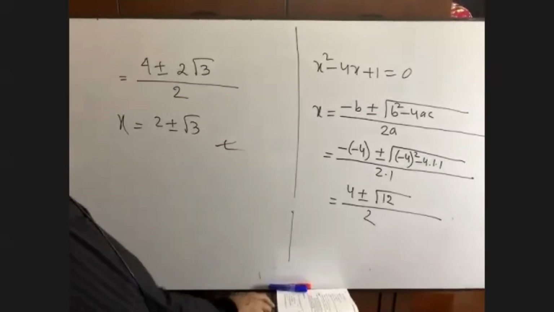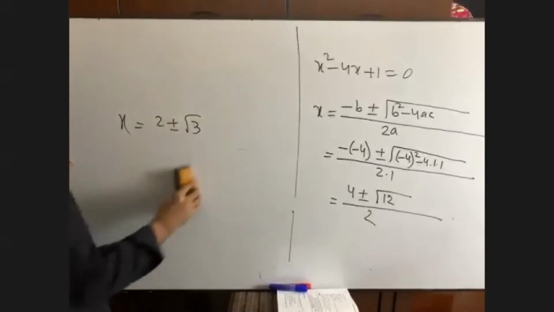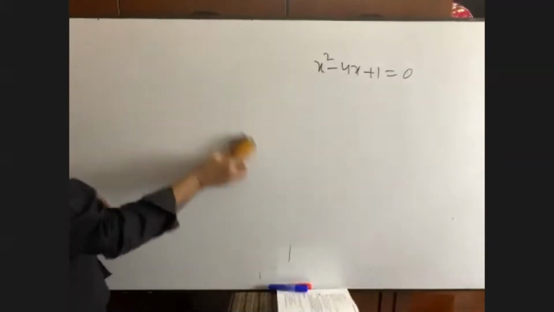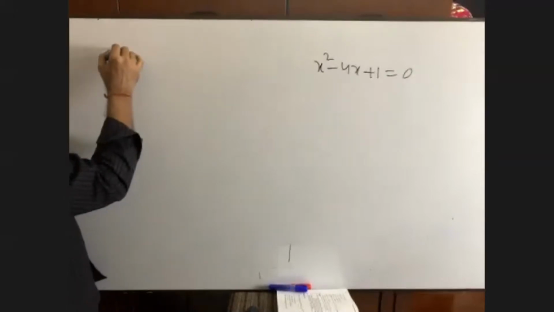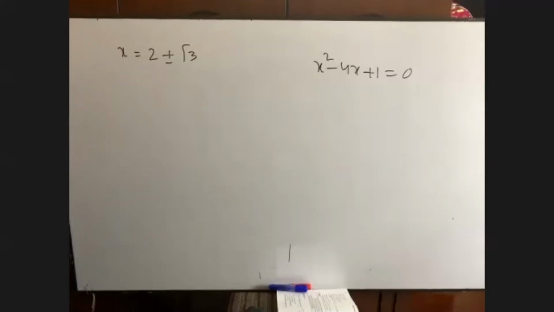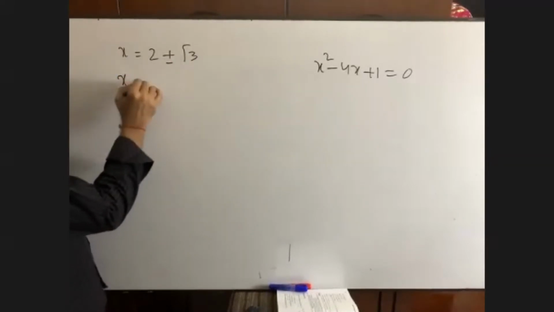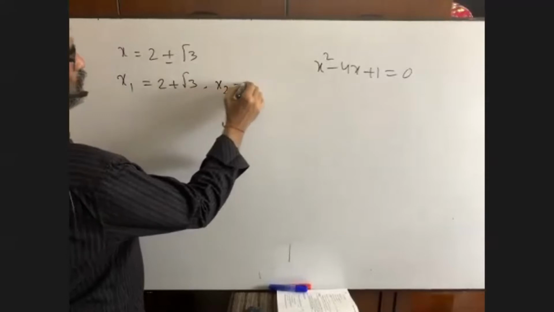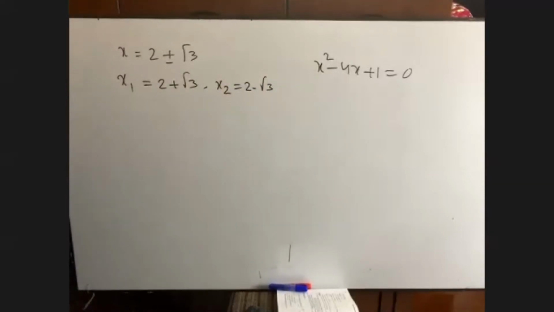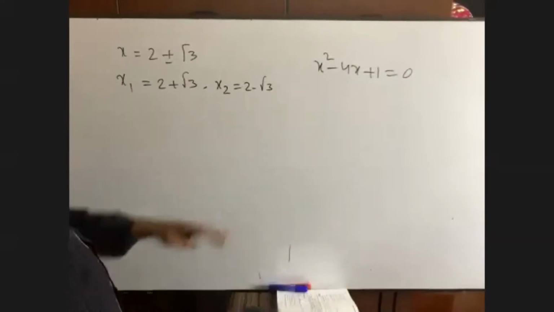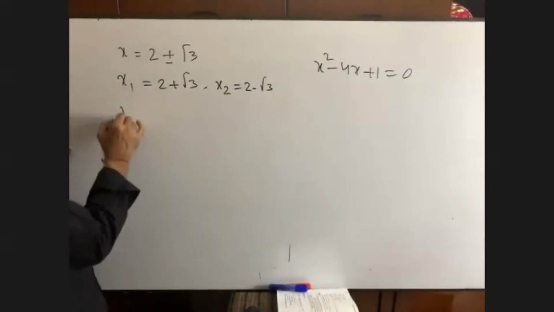I will show you an interesting fact here. All of you, please pay attention. What values have we got here? Can you please let me know? x equals to 2 plus minus root 3, right? So in exercise 5.1, you had to write down there x1 equals to 2 plus root 3 and x2 equals to 2 minus root 3. Can you remember, please? Yes, sir. In exercise 5.1, you had to write your answer like this: x1 equals to this, x2 equals to this. Our math is done. I am going to show you another thing. Okay, very good. Can you add these two roots?